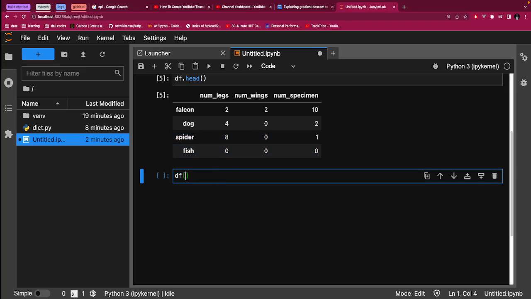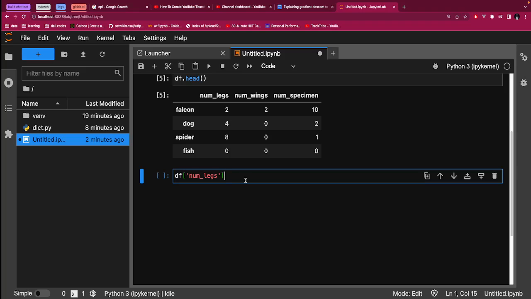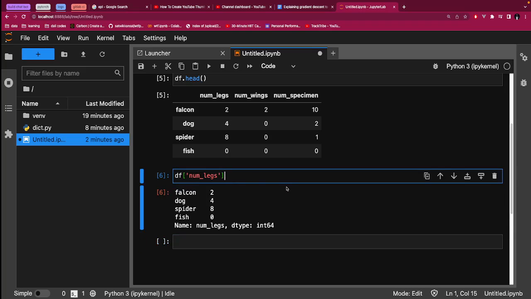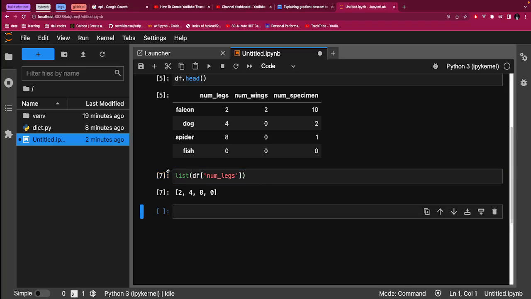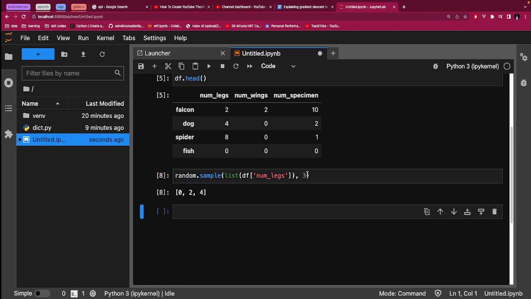This is data frame, get the number of legs, then you do list. So this gives you a list, then you do random dot sample, and you want to sample 3 items from that list, or 2 if you want to change it to 2. So this is a way most people would want to sample a column, but